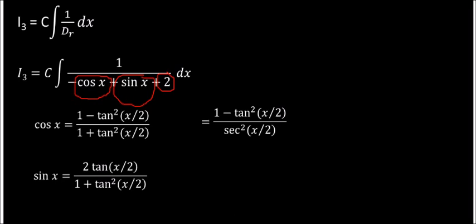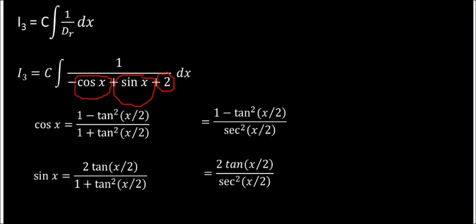So what is my denominator? Minus cos x plus sin x plus 2. This is my b form where I have an extra constant, minus cos x plus sin x plus 2. I have an extra constant 2 here. So what I'm going to do is convert this in terms of tan of x by 2, both cos x and sin x in terms of tan of x by 2. So cos x becomes like this. Further, sin x is 2 tan x by 2 upon 1 plus tan square x by 2. It gets simplified to this particular term.